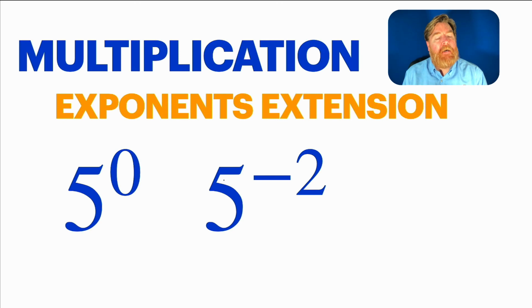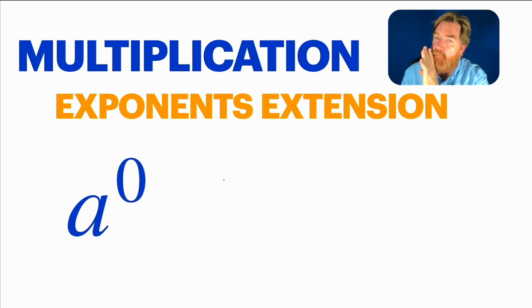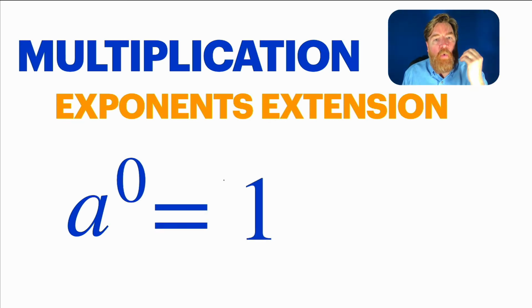In fact, this is extending it. This is just mathematicians sort of pushing it a little bit, and we're going to make a definition here to make sense of both of these weird exponent situations. It turns out that any real number raised to the 0 power, except 0 itself, and we'll call that real number A, so any real number except 0 to the 0 power is always 1. It's always 1. So for example,